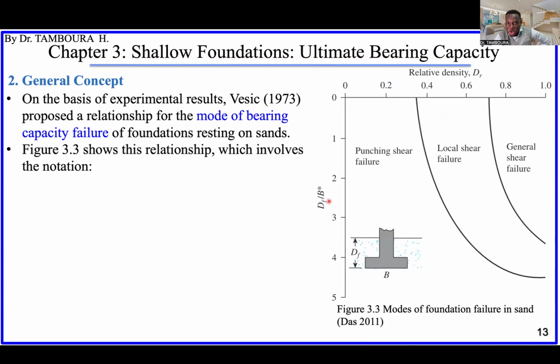So it means if you have this ratio, which is more than maybe this limit, 3 point something or 4, you can be almost sure that you will not have general shear failure. It will be either this local one or punching one. Okay, so but remember that